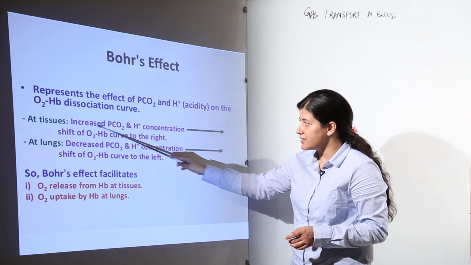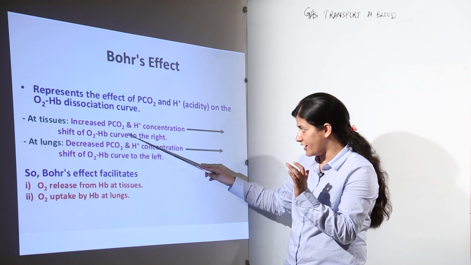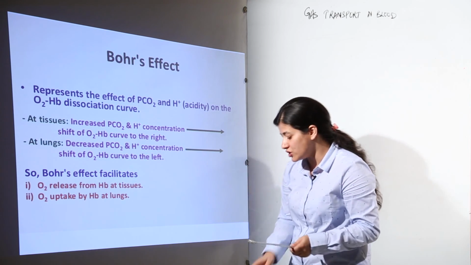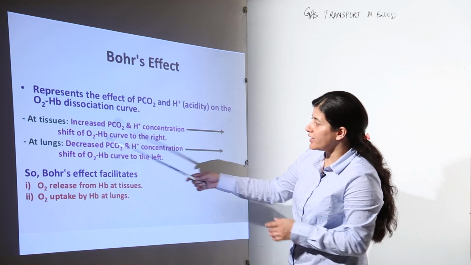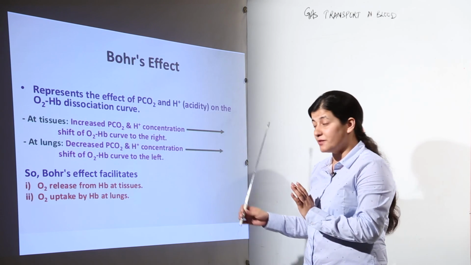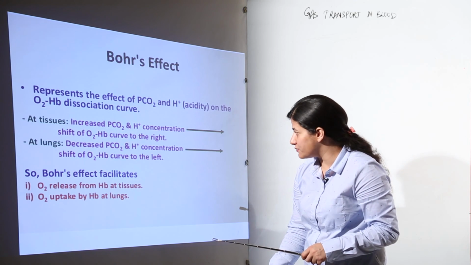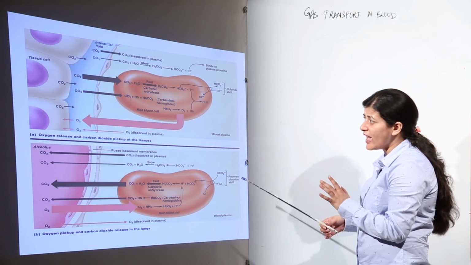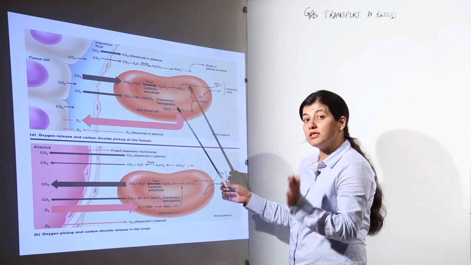At tissues, there is increased partial pressure of carbon dioxide, and there is increased H positive concentration, the proton concentration is more. Now we would go back and then we will see what would happen. Over here it has been mentioned that there would be a shift of the O2 HB curve towards the right. That means we are going to see the Bohr effect at the tissues. Now let us see how it is possible. We have to talk about this particular site at the tissues, and we have to see the Bohr effect taking